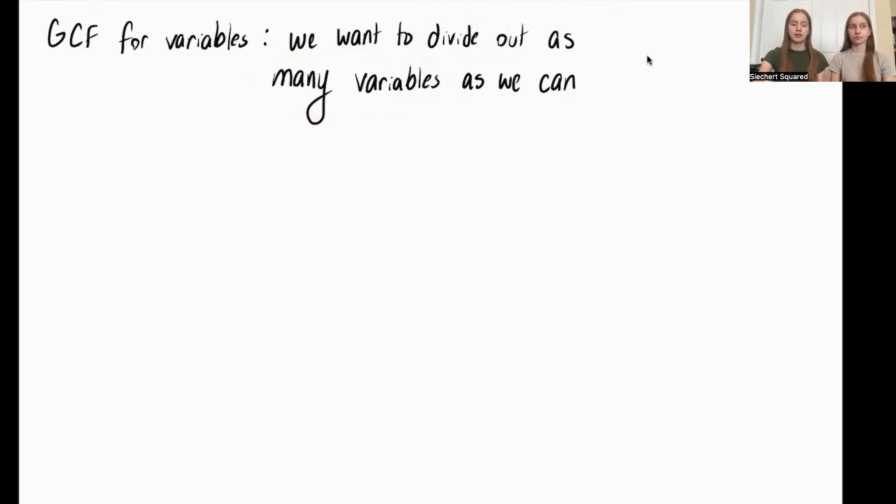And again, we want to take out as many variables as we can because GCF is telling us we want the biggest common factor. So we want to take out as much as we possibly can. And that's going to be a really important thing as we're looking at our examples. So for our first example with variables, let's say we're looking for the GCF of x squared and x to